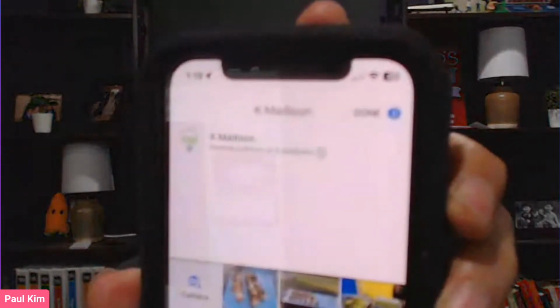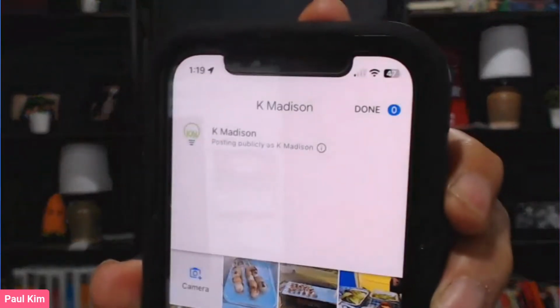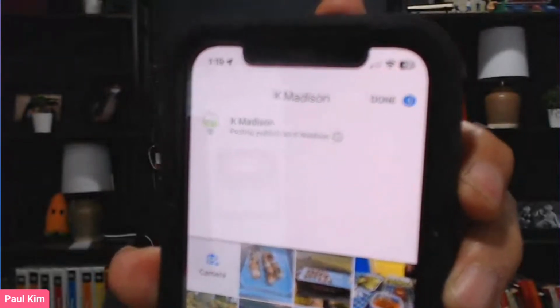It's just a matter of highlighting the photos that you want, and then you just click done, and then it'll upload it, and Google will tell you whether they've been approved or not. Sometimes, for some reason, Google does not approve some of the photos. I'm still looking into the reason why. It might be a matter of